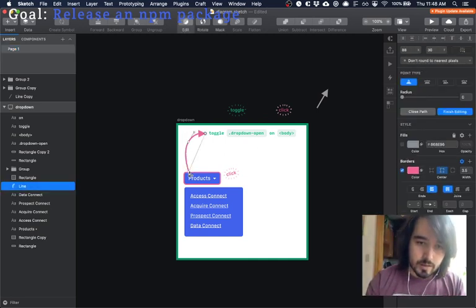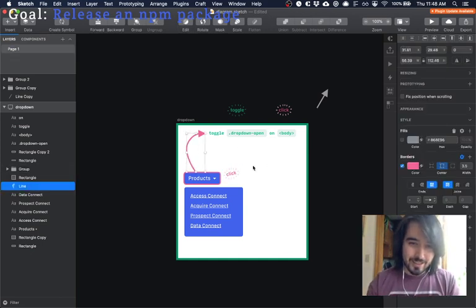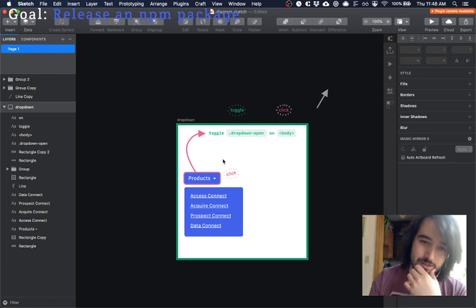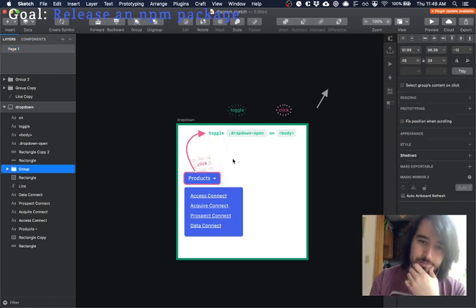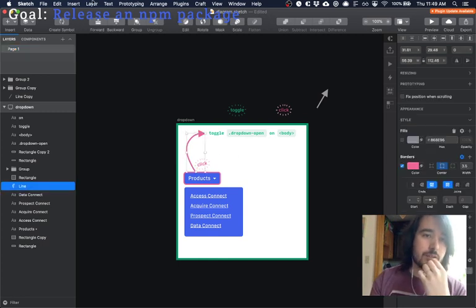Okay, let's see. 1, 2. Let's see if this works. Little sneaky thing. No. It looks weird how it is though. I don't know, that's fine. And then I think what I can do is